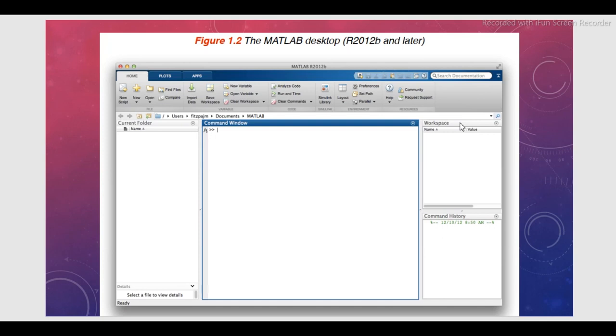And this is the current directory or current folder, shows the files and folders in the current directory. The path to the current directory is listed near the top of the MATLAB desktop. By default, a MATLAB folder is created in your home directory on your M drive. This is the folder, and this is where you should save your work. You will become more familiar with the different areas of the MATLAB desktop as you progress through this course.